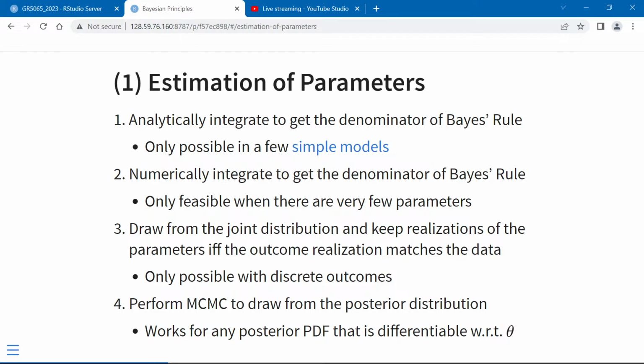So if the outcome were continuous, there's never going to be a realization that's exactly equal to, like, 16 decimal points, to the observed data if it were measured to that precision. So this is not really going to work if the outcome variable is continuous. Even if the outcome variable is discrete, the proportion of draws that you keep is going to be converging